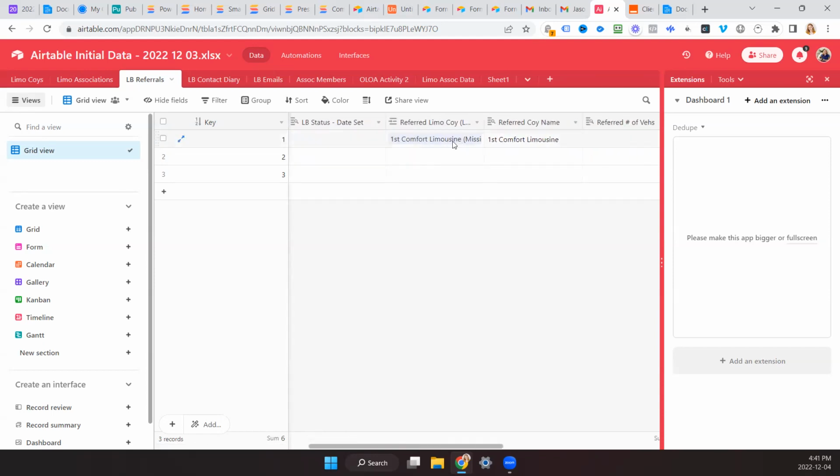So if you go back to the left, corporate livery services referred First Comfort. So if you go farther over, they referred that one there. I see. And then I can keep track of how many they refer, because if you refer somebody and they stay a member, they get 10% off of the referred company's percentage. So you're getting an email automatically, and then you're manually linking them in here. And then you go into the app and create a discount.